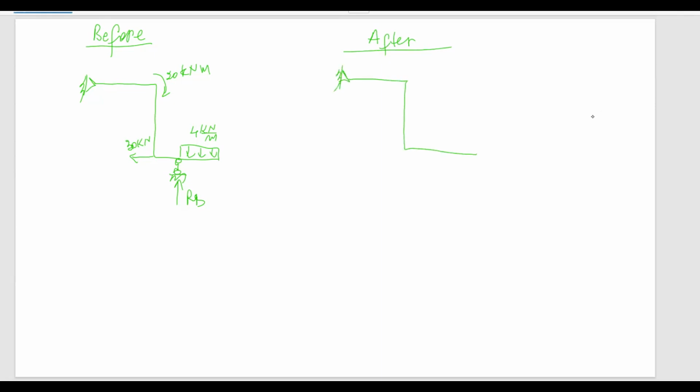I have the support here, the 20 kilonewton meter moment. And here we have a force pulling upward of 12 kilonewtons, and the reaction at D, which is equal to 10 kilonewtons. We just assume that it's 10. There you go. And if I go back,